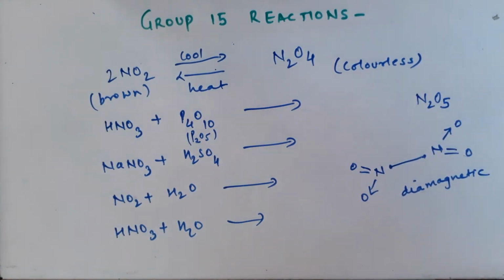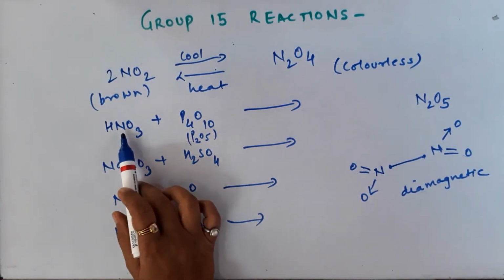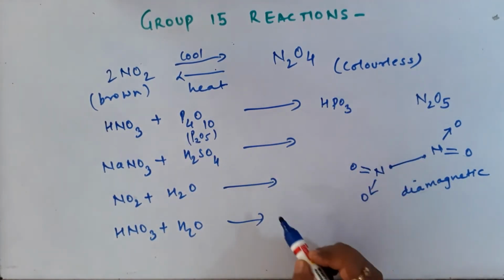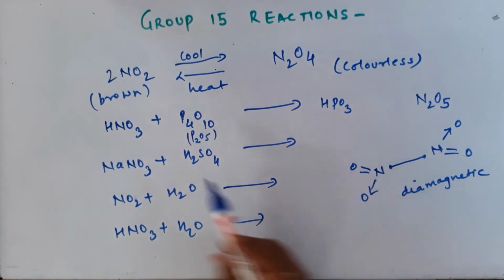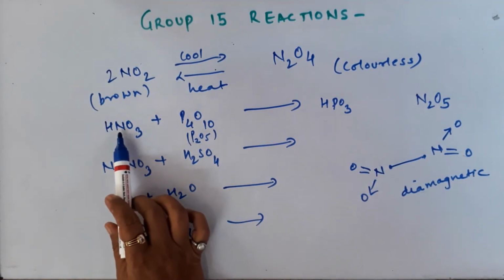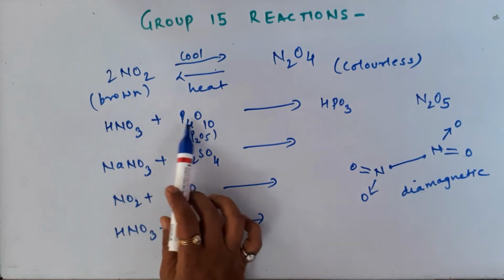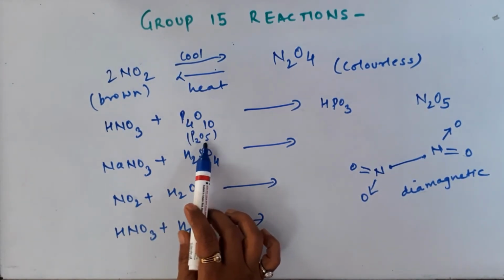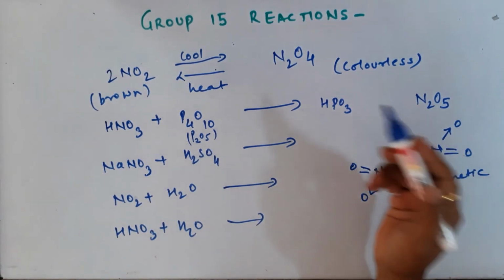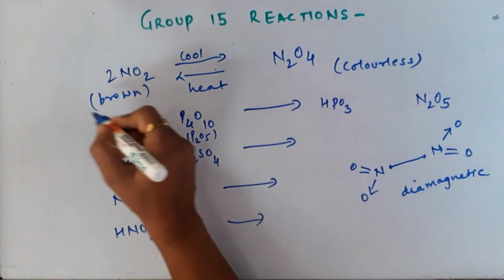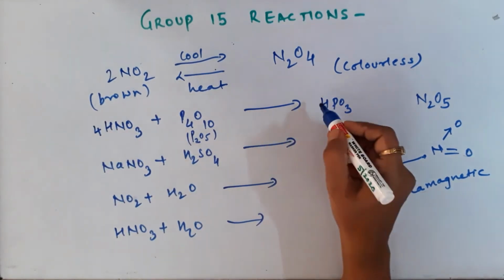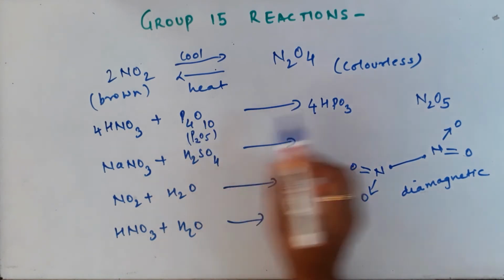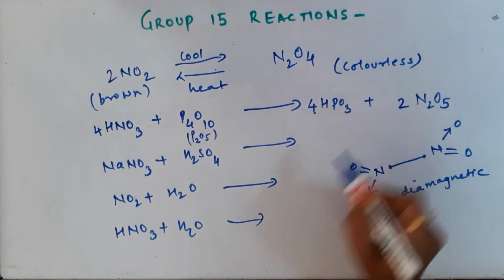And you will get an oxo acid of phosphorus, HPO3. So it's not difficult, just change the atom, nitrogen, instead of that write phosphorus, and instead of phosphorus write nitrogen, but we will write it in the form of monomer N2O5. Then balance it out, HNO3 4 times you can take here, so 4 times is this also. This was mono or dimer, so this is monomer, 2 times you will have to take.